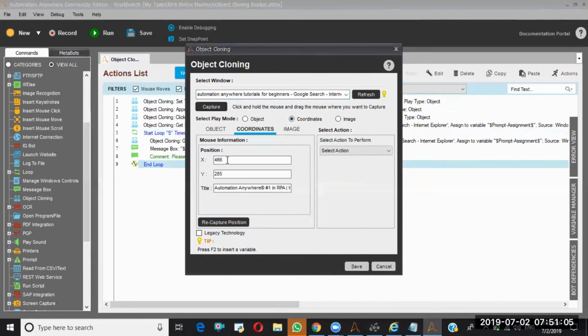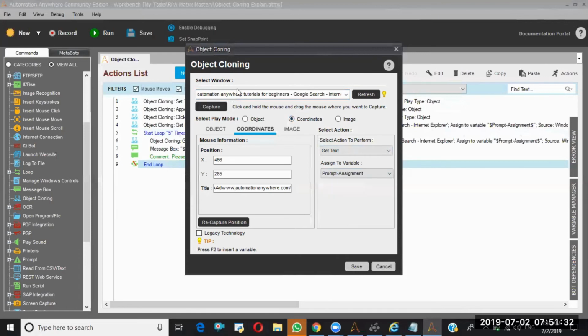See, if you see here, it is giving the x-axis and y-axis and the title. Okay, and if I go here, get text property it is giving. So earlier, if you go with the object mode, it is giving a lot of properties. Now the properties have been limited. So now I want to get text prompt assignment.